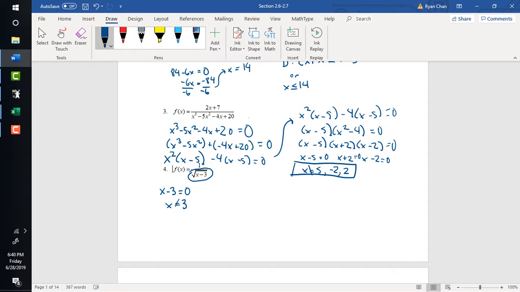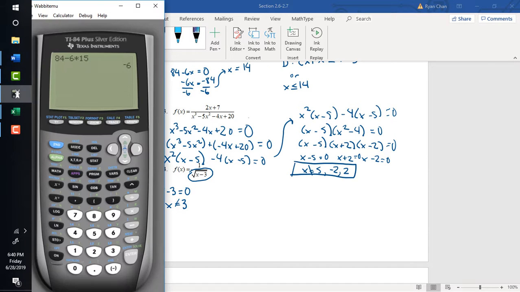Now, let's talk about, is it going to go less than 3 or greater than 3, okay? And especially if you're dyslexic or you have trouble with order, just try to use your calculator. You're like, well, what happens if I get a smaller number, right? If I have 2, right? Well, 2 is not going to work because if I subtract 3, I get a negative, and I don't want a negative number, right? If I do -1, that's not going to work either. So in this case,